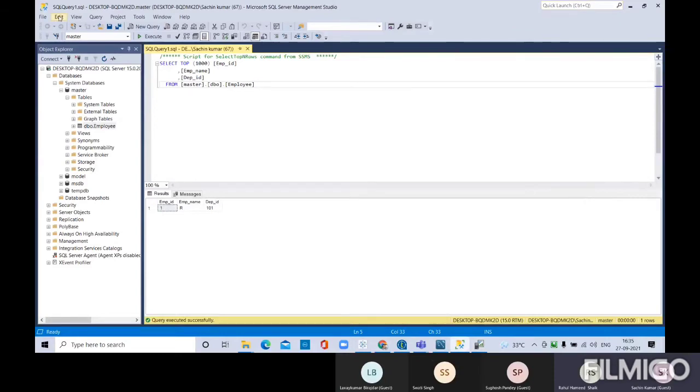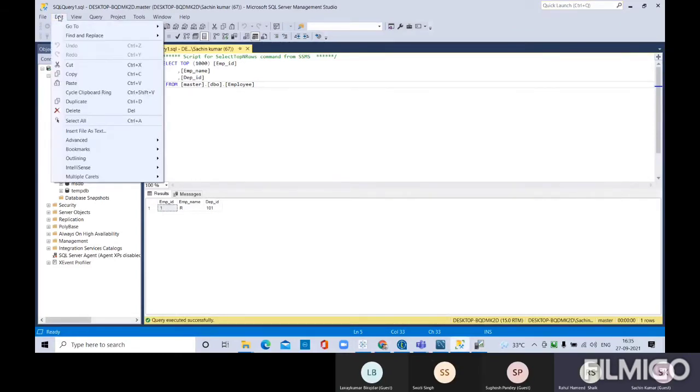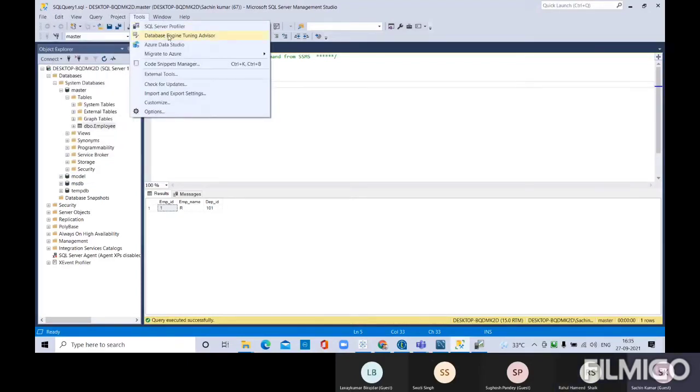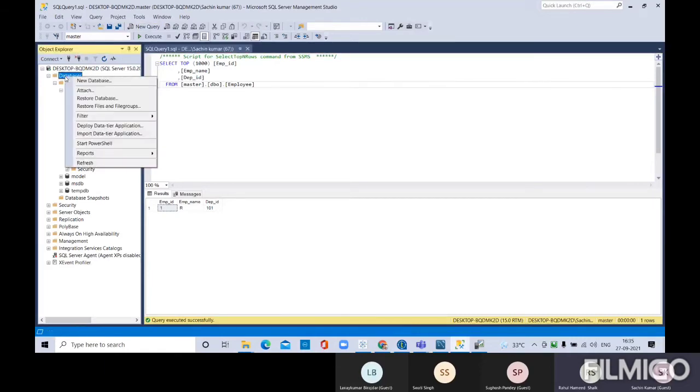That means your Windows credentials, you need to enter the user and password. On the database, if you right click, it will show you the details.